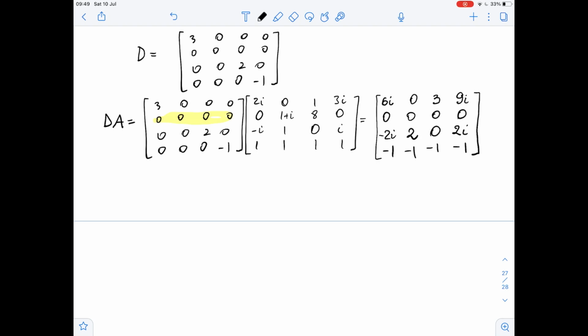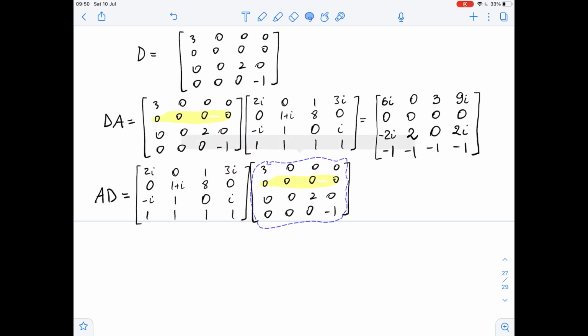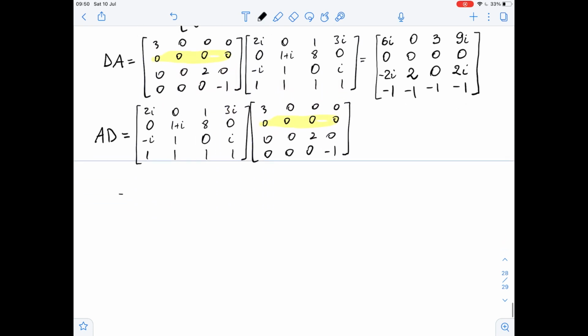Well, now let's find matrix AD. So matrix AD equals matrix A times matrix D, and this equals, so here we get 2i times 3, which is 6i, then plus 0, because all other entries of the first column of the second matrix are zeros. Then here we get 0,